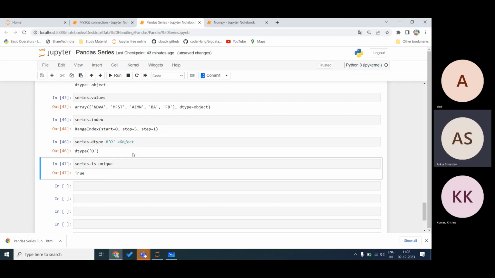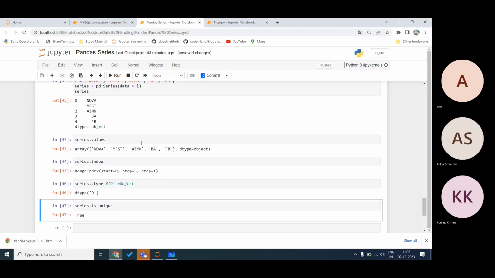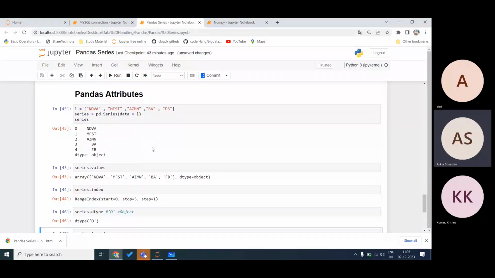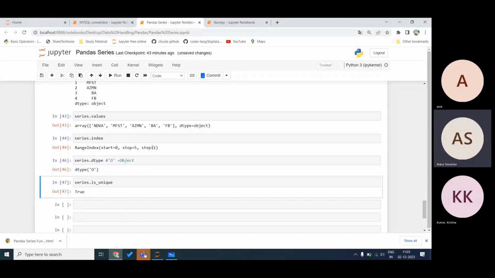All the elements inside your array are unique, not repeating themselves. So this is how you can check your data types and values. These are the Pandas attributes. You can check the indexes, the values, the data type, and whether they are unique or not.